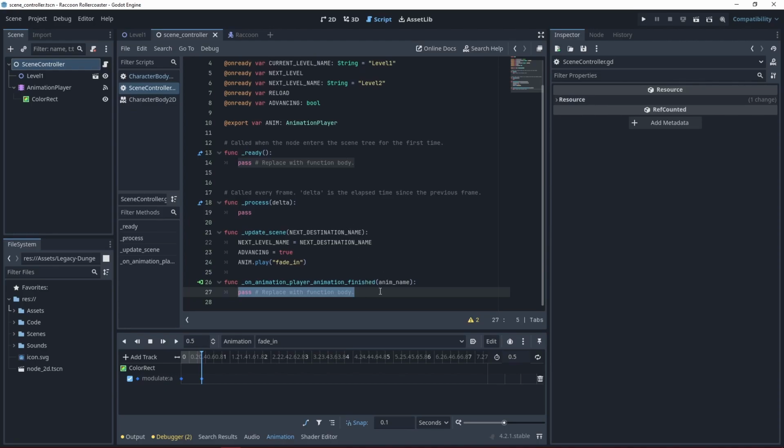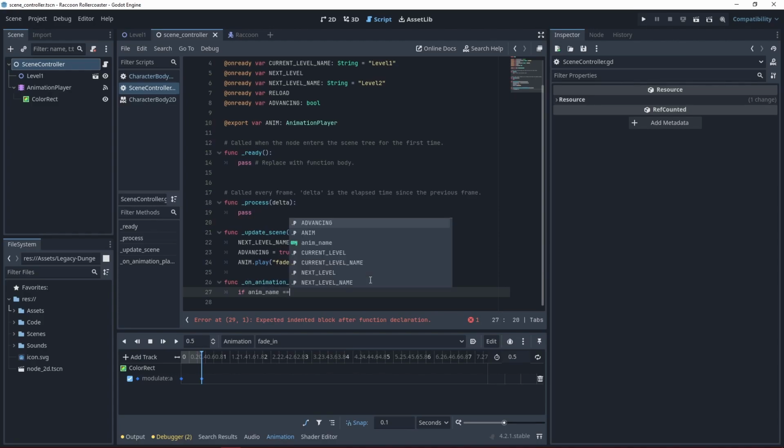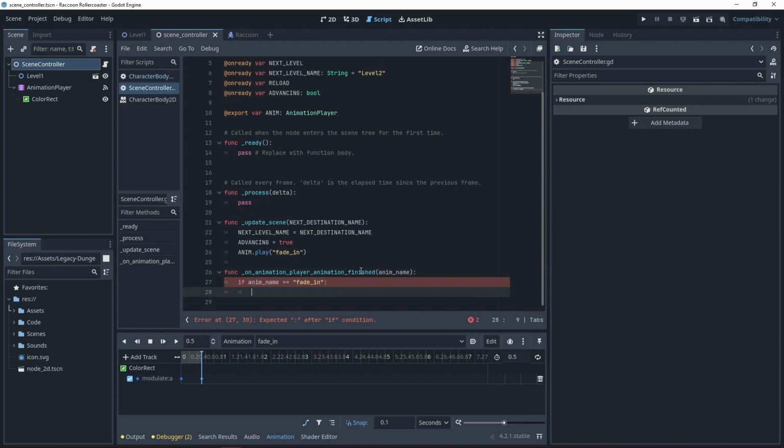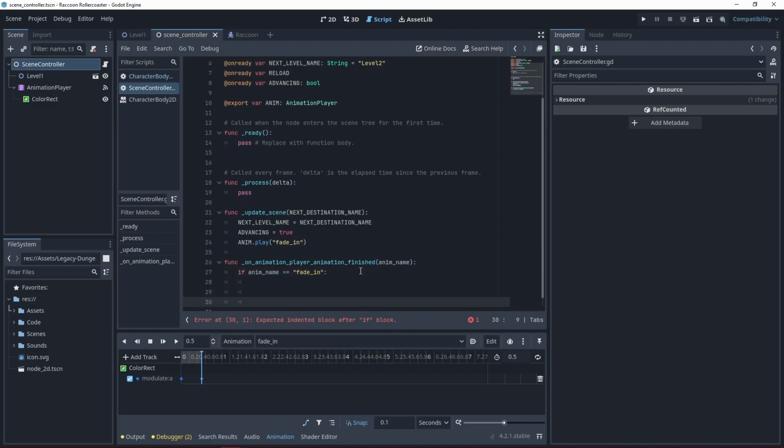So first, I'm going to check what animation just finished. So we'll do if anim name equals fade in. And so what's great is that this signal is telling us what animation just finished. So we're going to check and see if that name is fade in. Then I want to